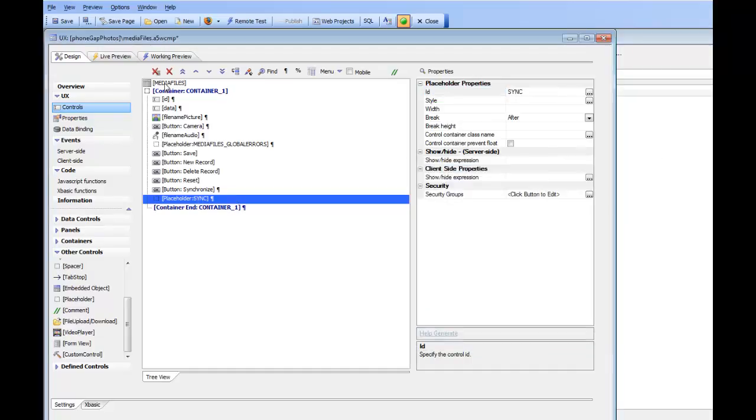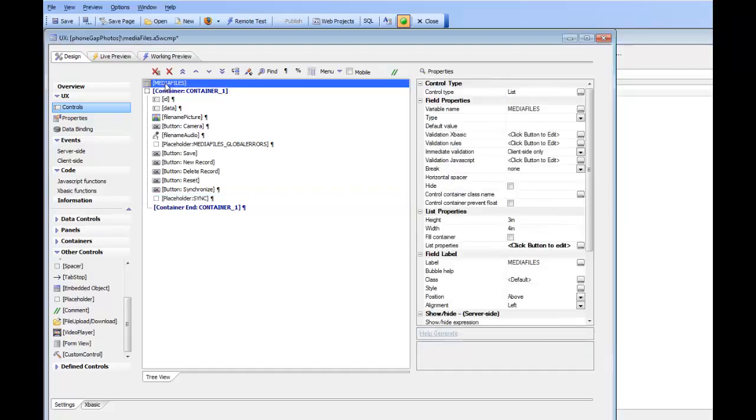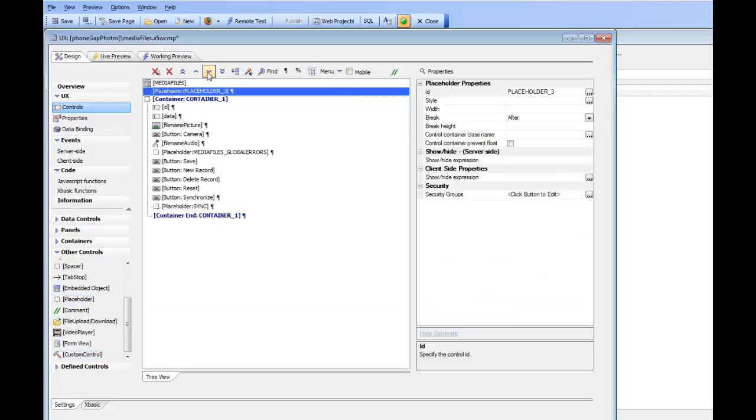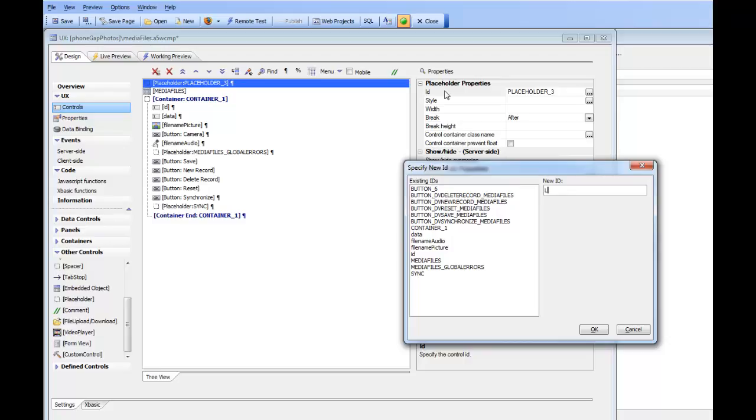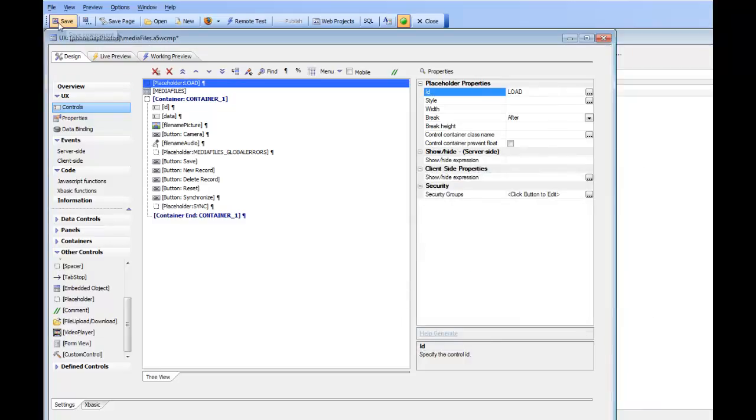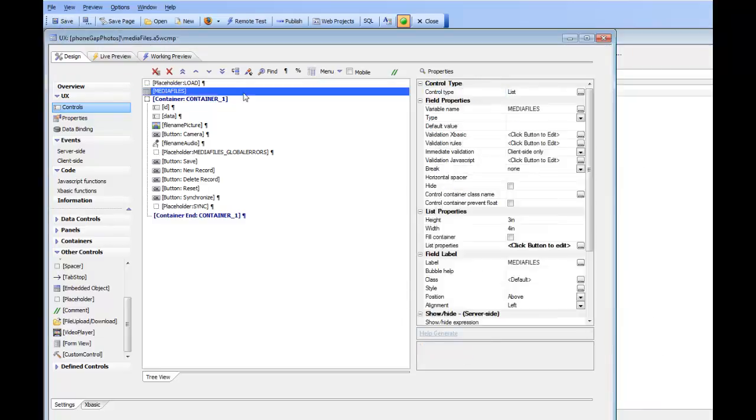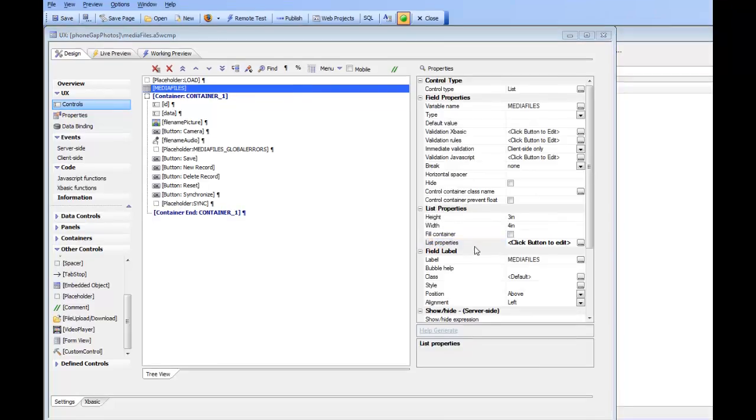Then let's go over here, and when the user loads the component and the media files need to be fetched from the server and brought down to the device, let's add a placeholder over there. So we'll go there and say placeholder, and we'll call it the load placeholder. So now that we've got these two placeholders defined, let's go back to the list control's properties, go over to